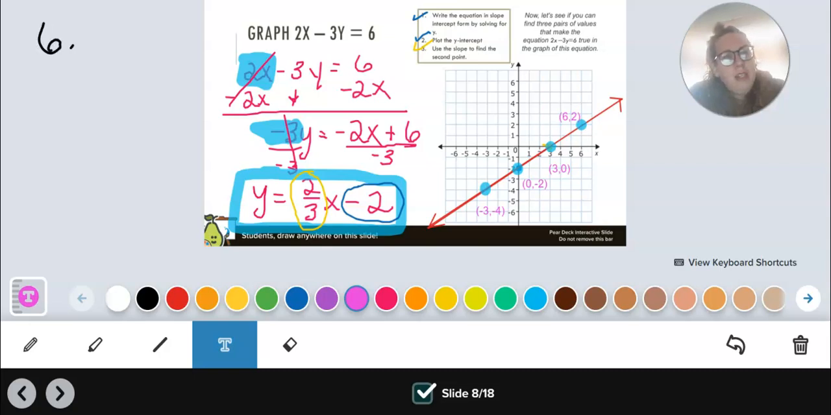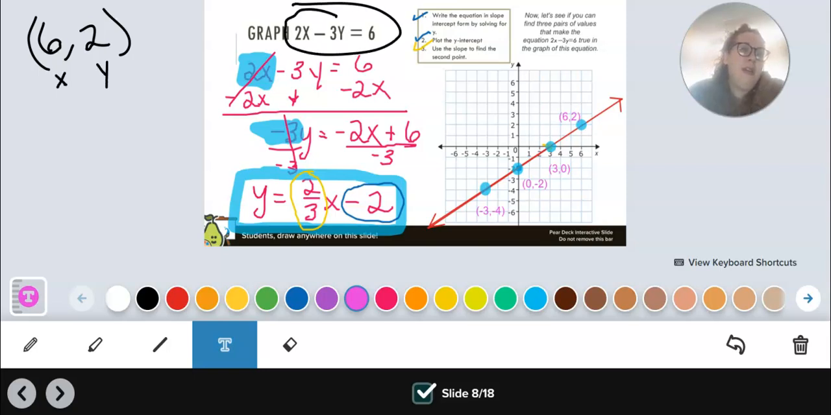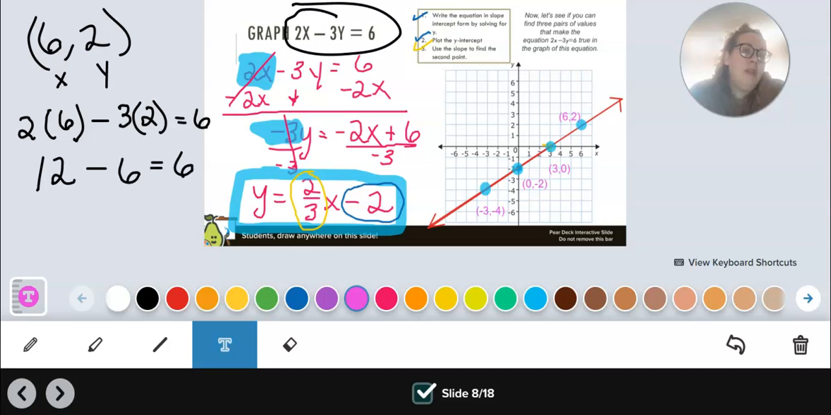So if we did 6, 2, for example, 6 is our x, 2 is our y. So in this equation, 2x minus 3y equals 6, we have 2 times x, which is 6, minus 3 times y, which is 2. I'm just plugging in that point, equals 6. 2 times 6 is 12, minus 3 times 2 is 6. And guess what? 12 minus 6 is 6. We get a true statement because it's on the line. Okay? When we have a point on the line, when we plug it in, it will be a true statement. Check out part